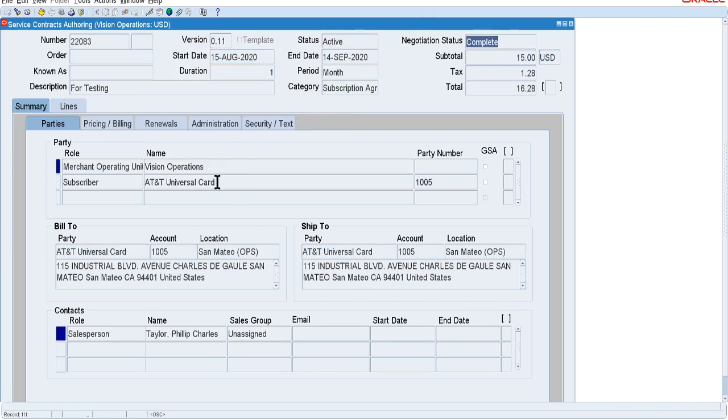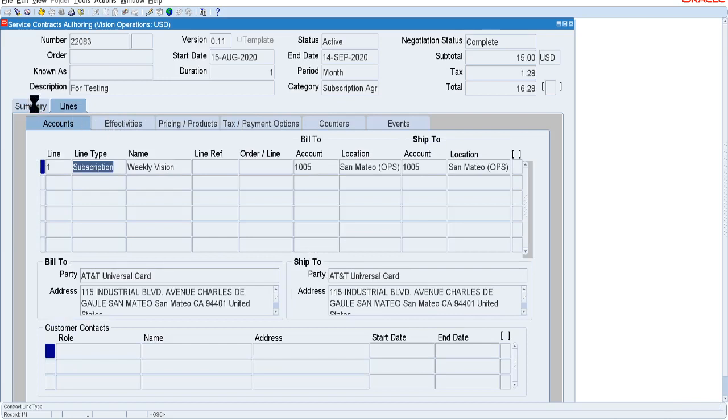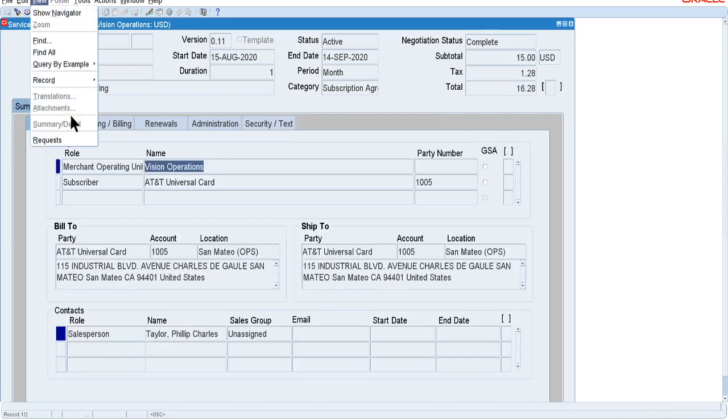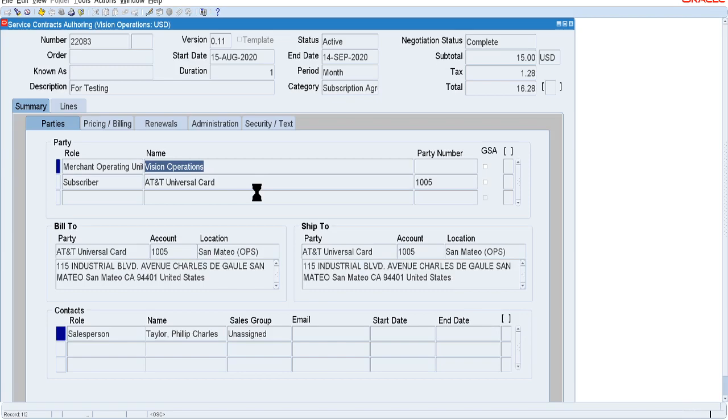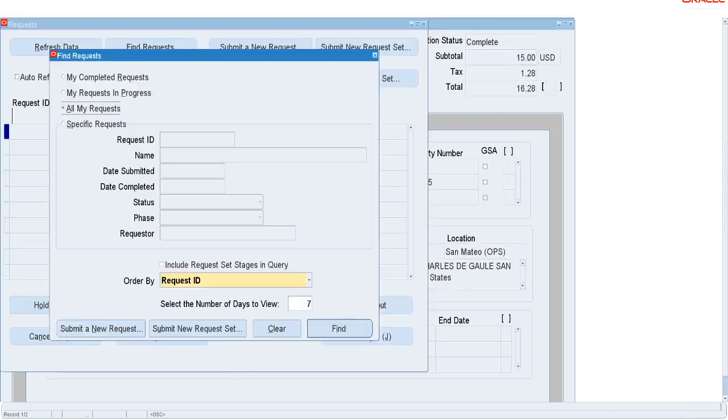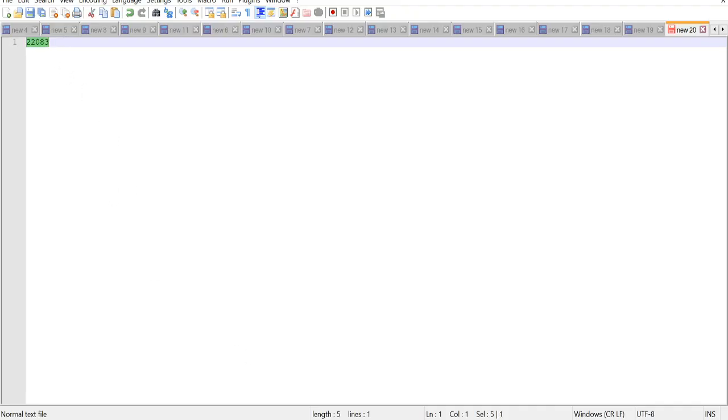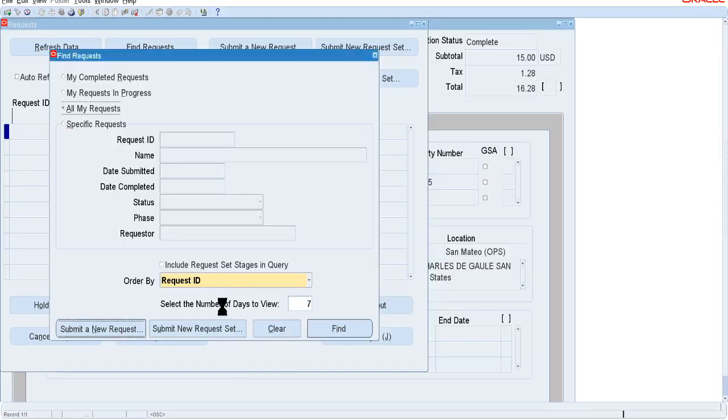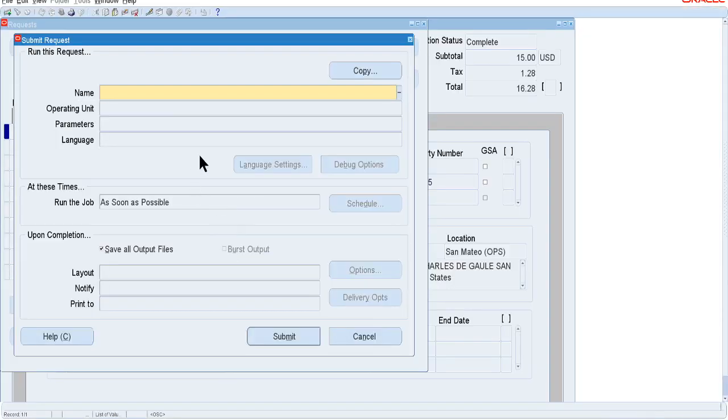Okay, so this is done, and after that you need to run the two programs, because I have already told you that there are two flows, order and invoice flow. So run this program first for the order and then for the invoice. So I am going to run two programs here. Let me submit these programs. There is the service contract, just I copied. Going here to submit the program.